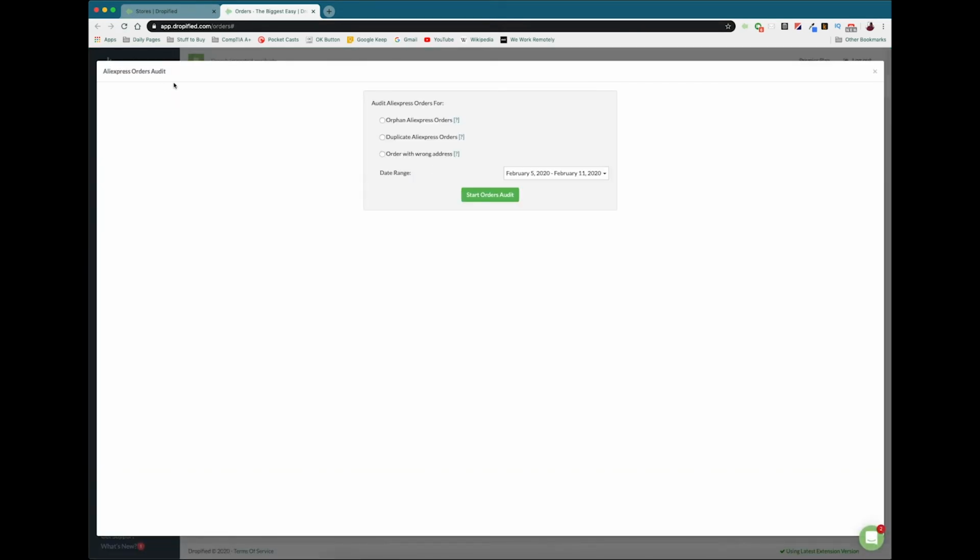that will bring you to the AliExpress Orders Audit. So here you can find orphaned AliExpress orders, duplicate AliExpress orders, and orders with the wrong address. So you can run 3 different kinds of audits that'll help you identify different problems in AliExpress if they are there. So basically all you have to do is choose which of these you want to do, the date range